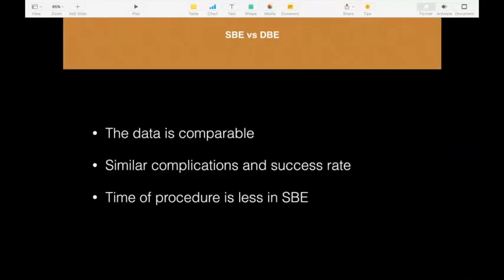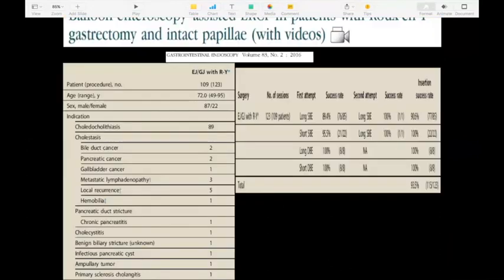So, what is the data if we use a single balloon versus double balloon in such patients? The data is comparable. There are similar complications and success rate, but the data shows that the time of procedure is less in a single balloon enteroscope. And this is a paper in patients who had a Roux, with